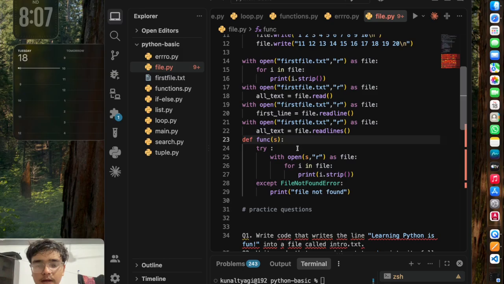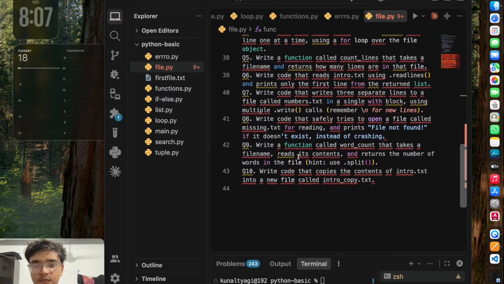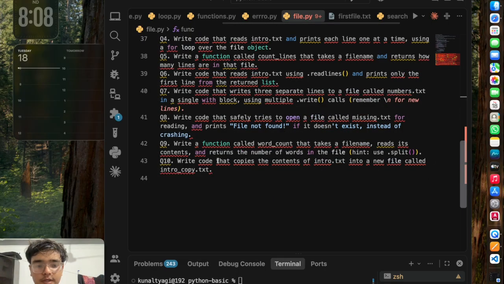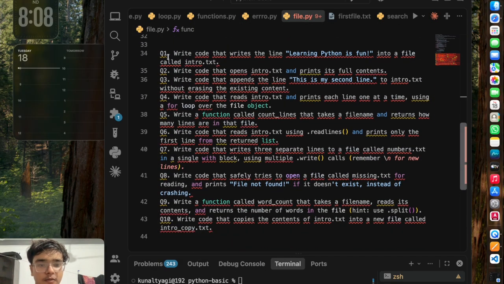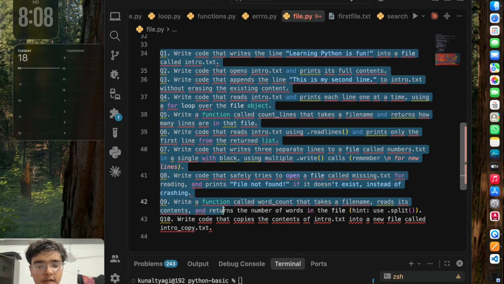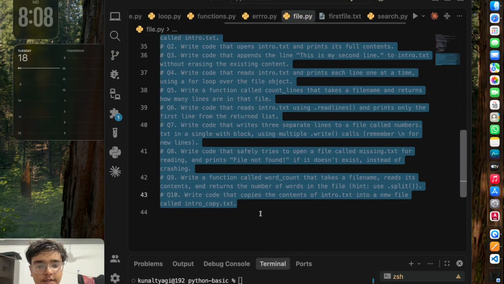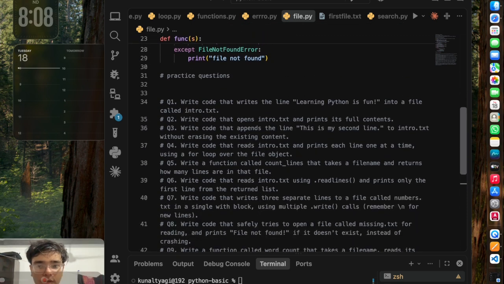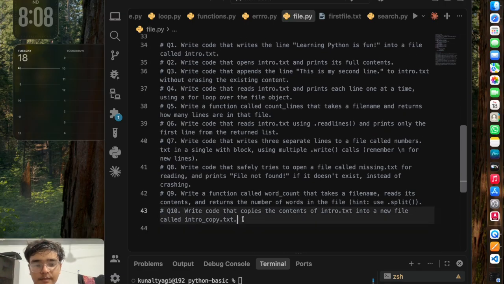I think we have forgotten about the dictionary part, but we will also talk about dictionary basic operations, and we will also see where we need to use a dictionary. Frequency count is one of the best examples where you have to use a dictionary, and dictionaries are pretty helpful there. So now I'm going to show you the extra practice questions. Please give some time to them as well.